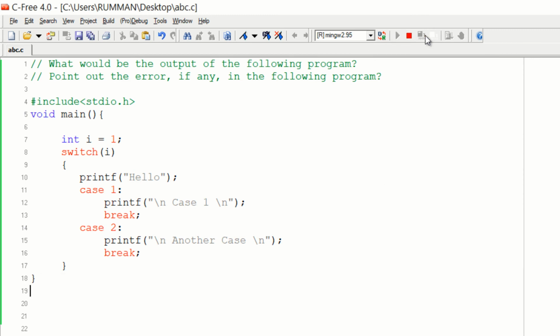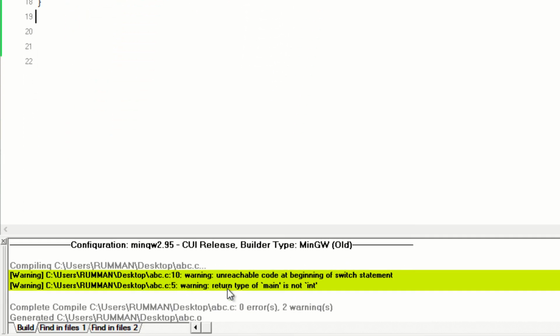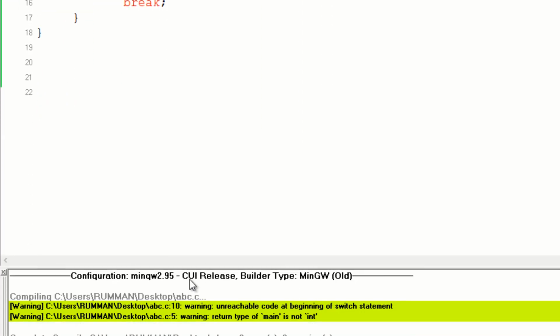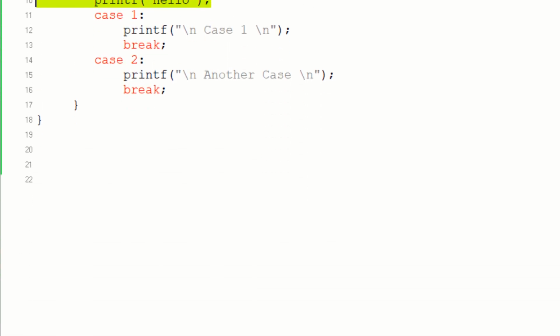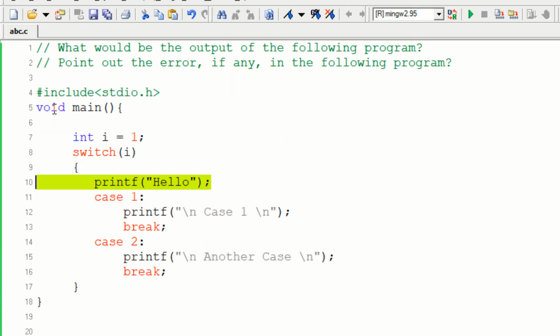So you can see that this program is not showing any error. If you just compile, you will see in the warning section that in line number 10, this is our line number 10, there is unreachable code at the beginning of the switch statement. There is also a warning message that the return type of main is not integer, so you can change it to integer.